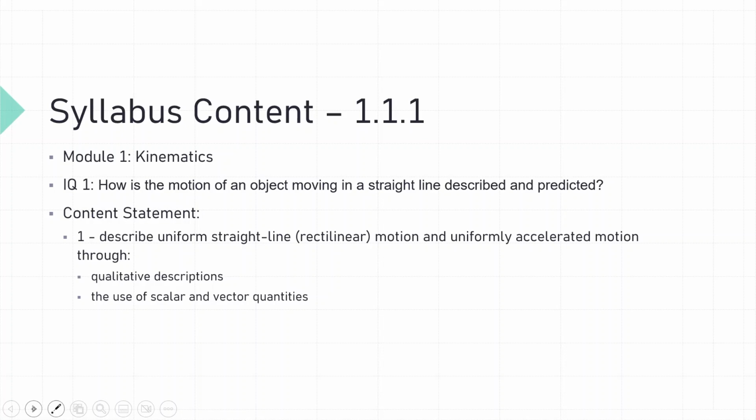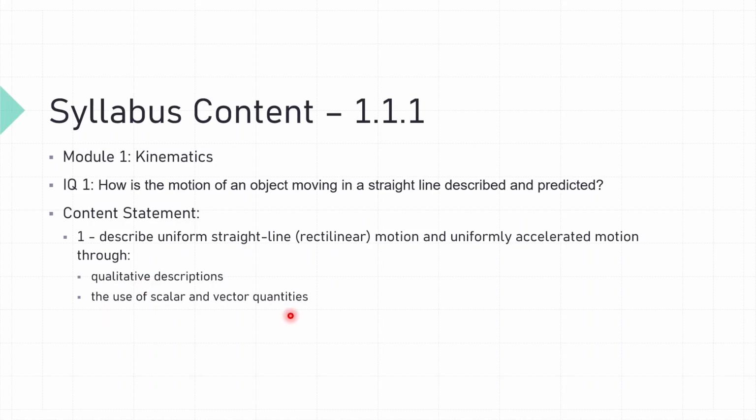It comes from Module 1 Kinematics. Its focus is on inquiry question 1, which is looking at how the motion of an object moving in a straight line can be described and predicted. And then we're looking at our content statement number 1, which is describing uniform straight line rectilinear motion and uniformly accelerated motion through some qualitative descriptions, qualitative meaning descriptive or worded descriptions, not numbered or measured descriptions, and also using